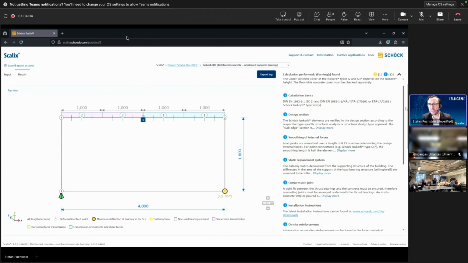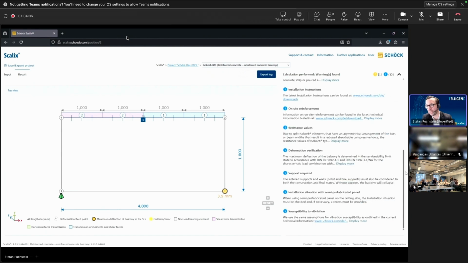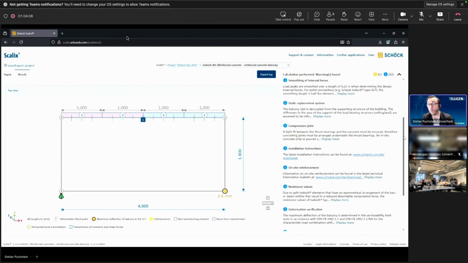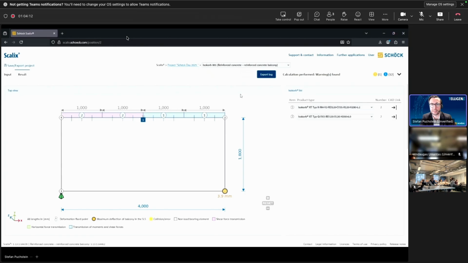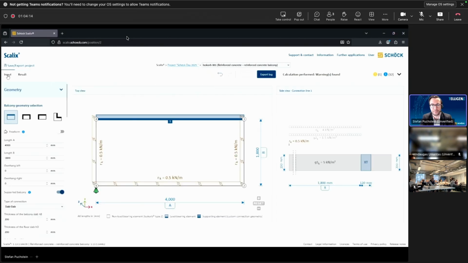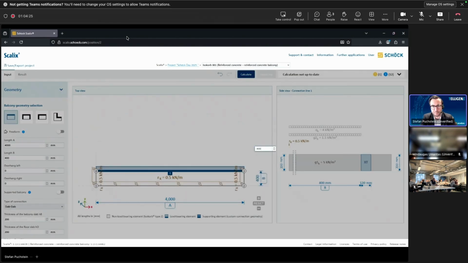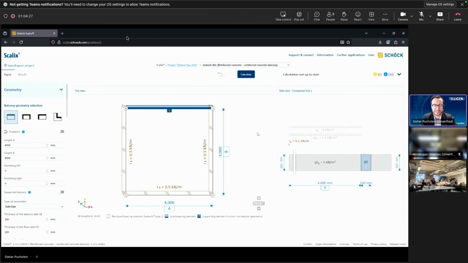Here as well, you can have a look at all the information and all the warnings which will be provided here. Warnings aren't errors, so they provide you with additional information you might have to look up in your construction phase. So in this case, we manipulate our system, we